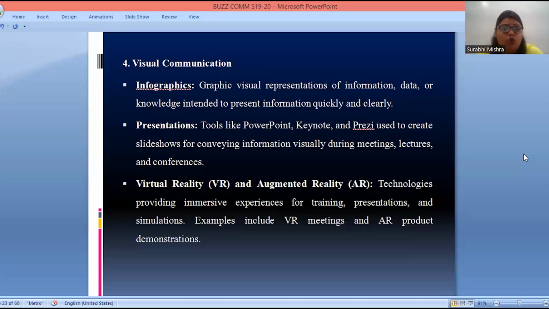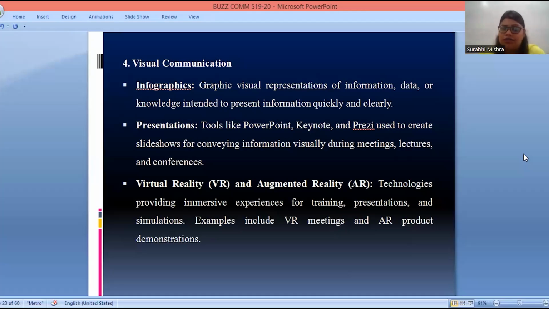Next comes virtual reality and augmented reality. When we talk about virtual reality and augmented reality, we are talking about technologies which provide immersive experiences for training programs, training presentations, and simulations, and which include virtual reality meetings and augmented reality product demonstrations.